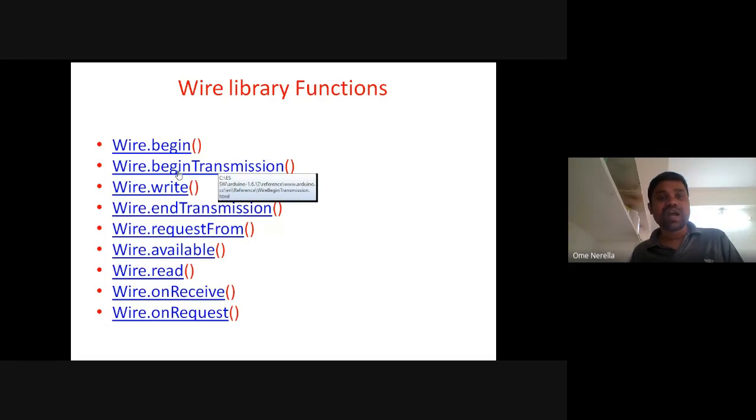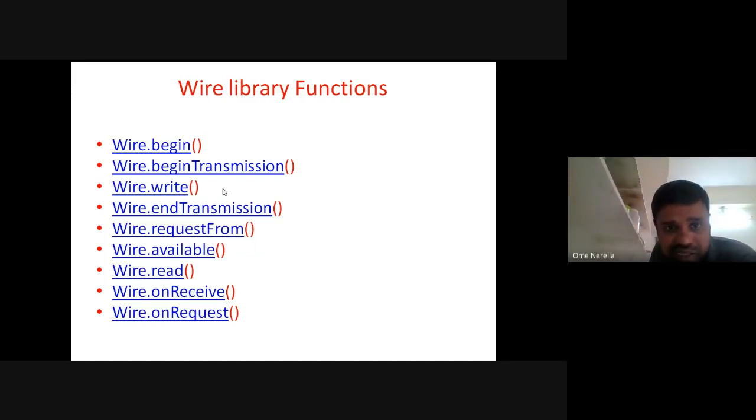It is used to start the transmission with the required device address. Wire.write is used to write the data into the I2C devices. Wire.endTransmission is used to stop the transmission. See these three things first.